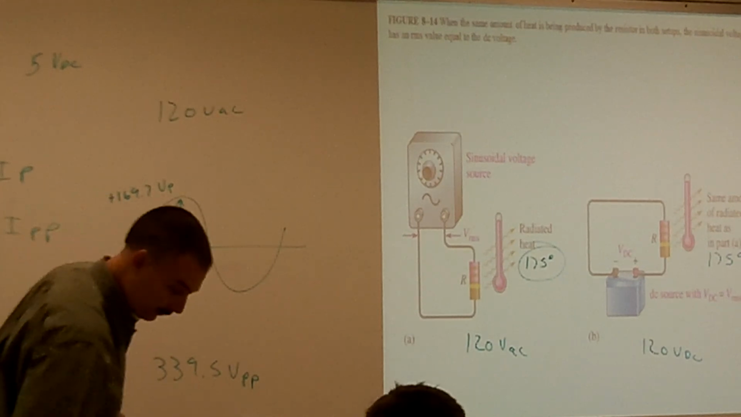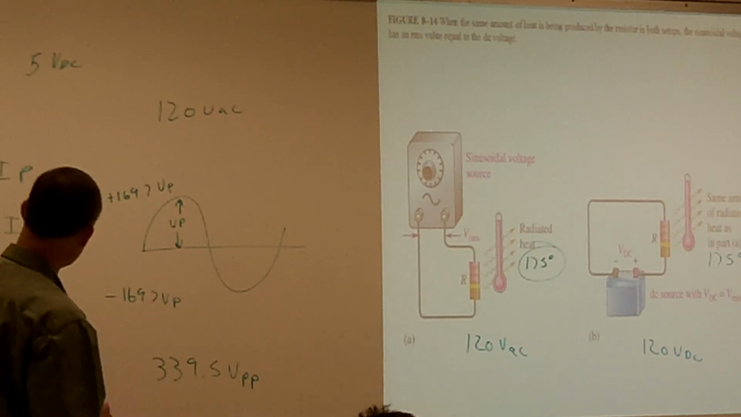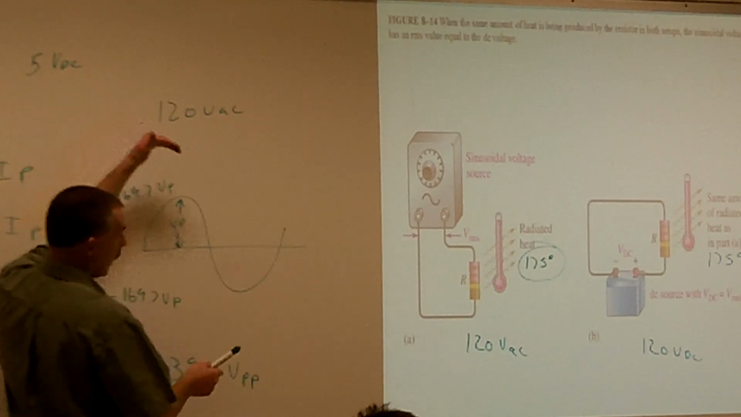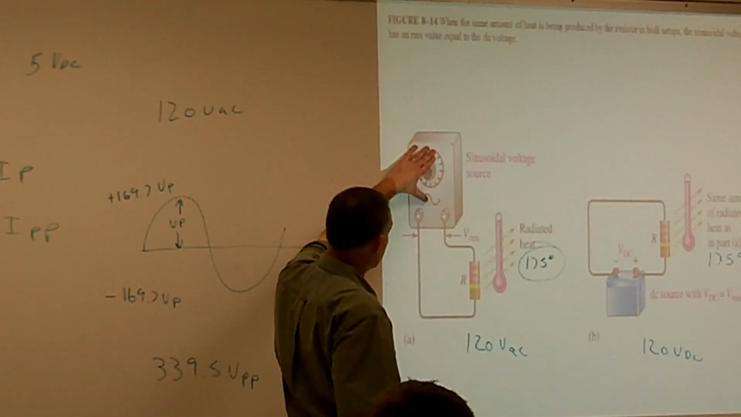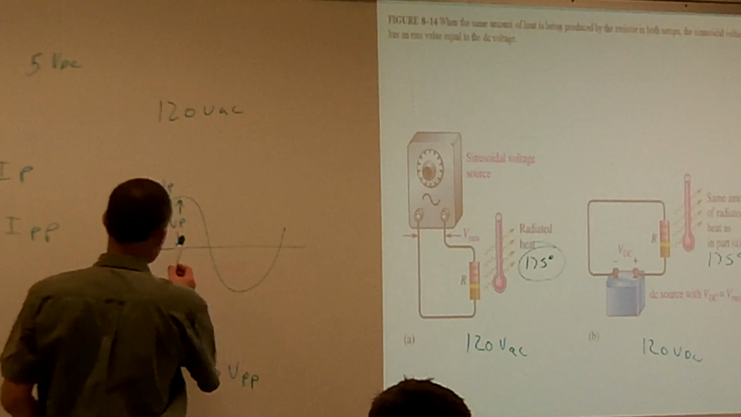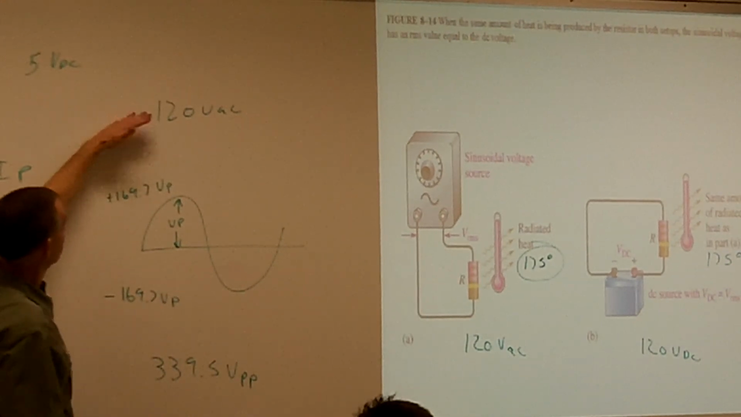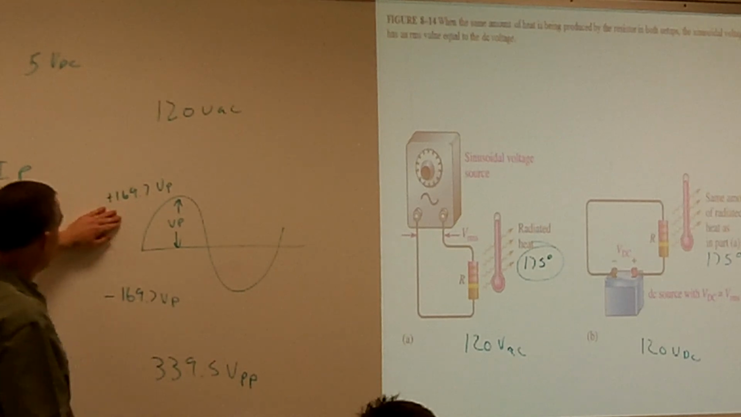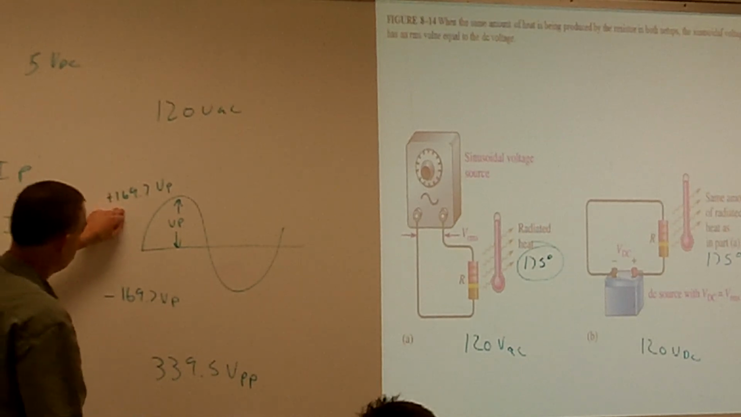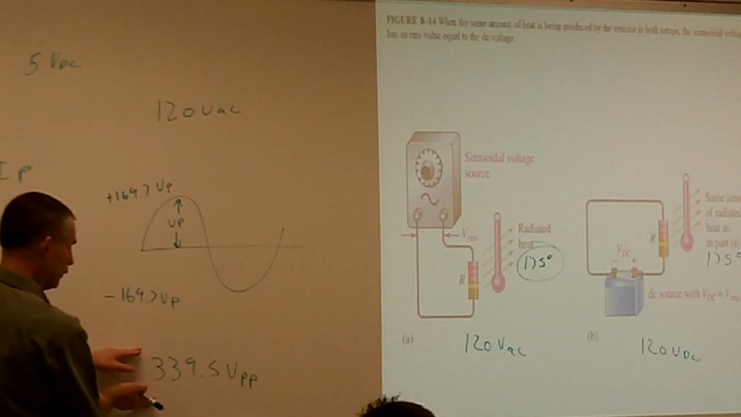So now you can see that we have all these different units. I never changed my voltage source, but I can describe the signal in many different ways. I can call it 120 volts AC, or I can say that it's 169.7 volts peak, or I can say that it's 339